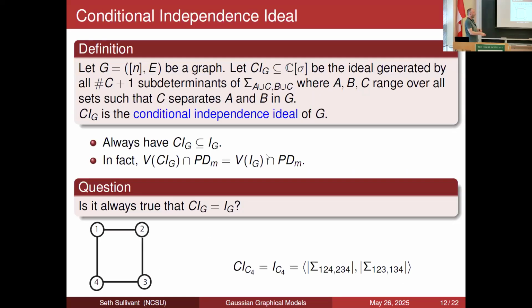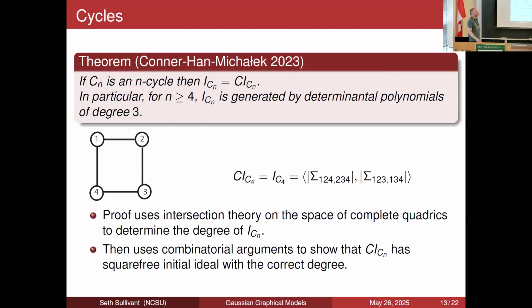Okay, and the conditional independence ideal does equal the vanishing ideal in that case. Okay, so the case of cycles, that case was recently done by Connor Hahn and